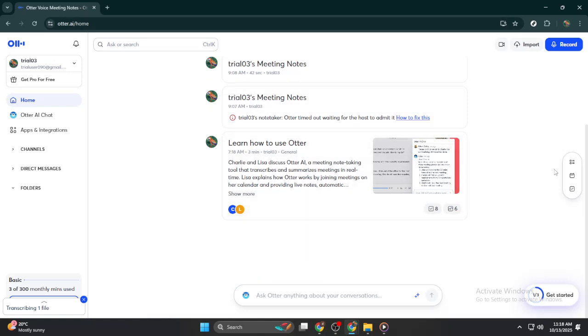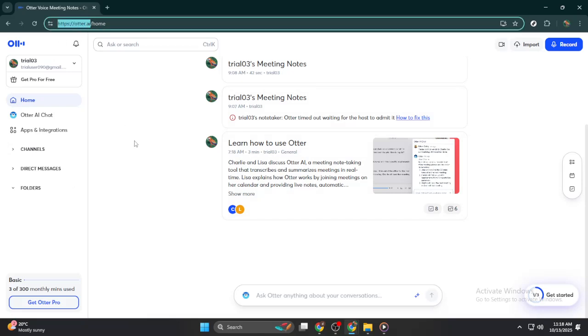First, let's head over to Otter.ai, which is known as Otter Voice Meeting Notes. Open up your preferred web browser and type in the URL otter.ai. Once you're on the home page, you'll notice a clean and intuitive interface. Otter AI provides users with a comprehensive experience, allowing you to seamlessly transcribe and organize spoken words into text. Whether you're a student looking to transcribe lectures or a professional aiming to capture key points in meetings, Otter AI